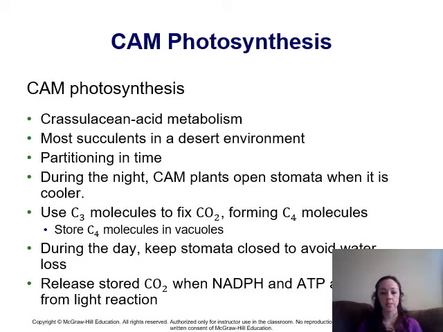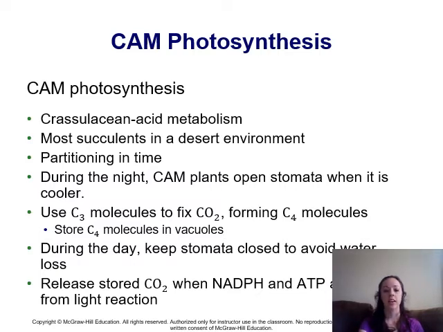So the next type of photosynthesis we'll go over is CAM photosynthesis. And CAM photosynthesis is used by plants like succulent plants. An example of a succulent plant is cactus that you can find in deserts. CAM stands for crassulacean acid metabolism. It gets its name from the first family of plants it was discovered in, which are the flowering succulent plants found in the family